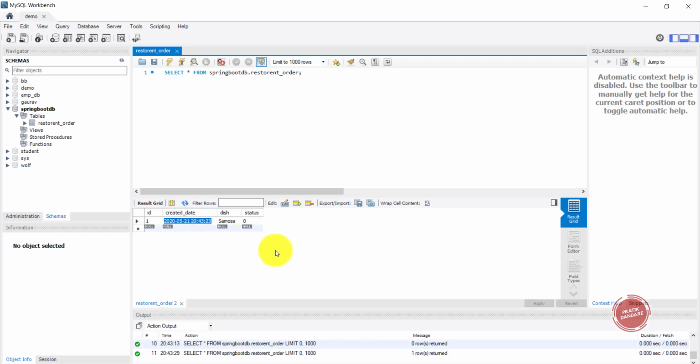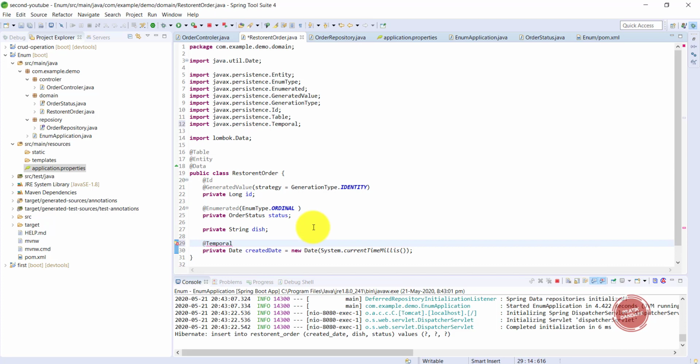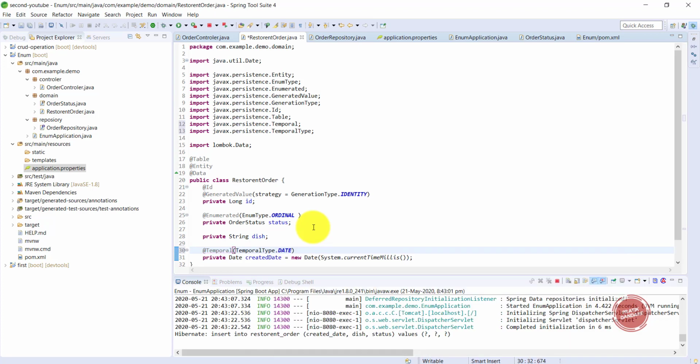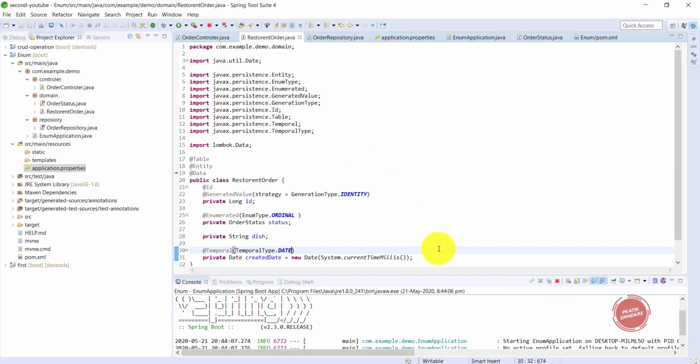Okay, so Spring Boot provides some customization in this date and time API with the help of the annotation @Temporal. This is the annotation which is provided. We need to pass a temporal type here. If you pass date, only the date is going to be stored inside the database. Okay, so I am rerunning it, deleting the old table and creating a new one,